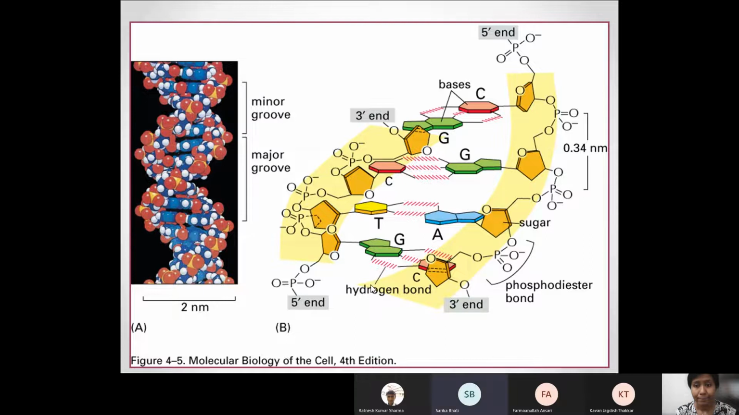Ma'am, we heat this DNA. Right. You heat the DNA. That means you're providing it enough energy to overcome these hydrogen bonds, to overcome these base stacking interactions. But